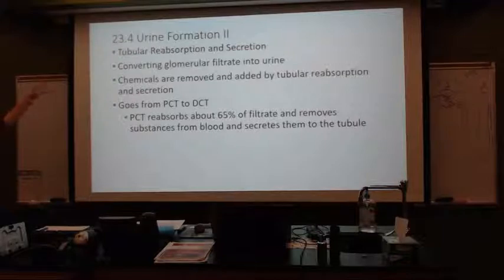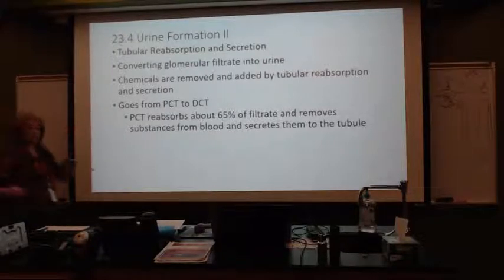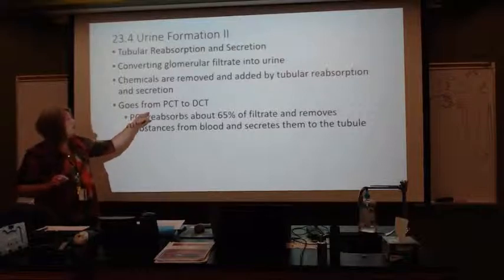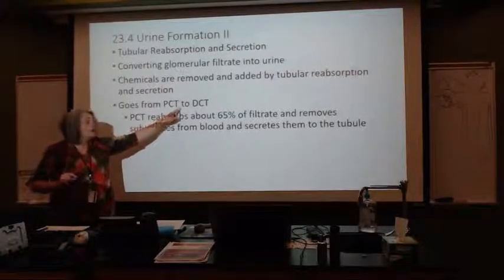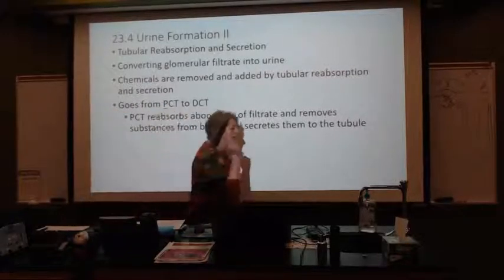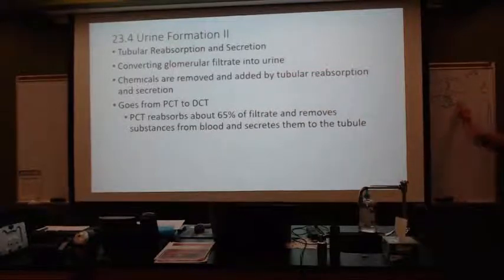So what we're going to do during the next stages, we need to make sure that that filtrate becomes urine. We're going to have to get those chemicals removed from filtrate or from blood back to filtrate. And the formation from this point goes through the tubular portion of my proximal all the way to my distal convoluted tubule. So I'm looking at now what's going to happen from this point to this point before it enters